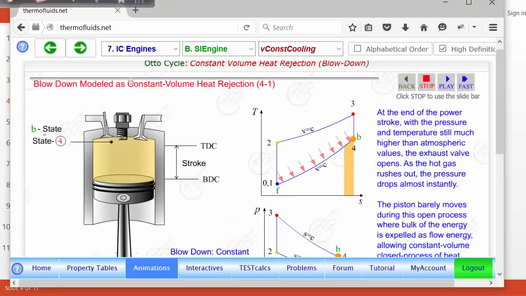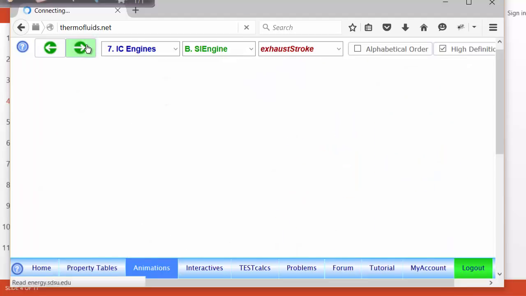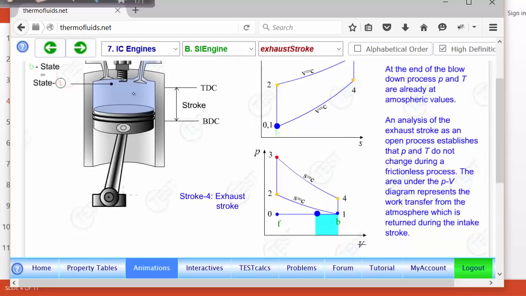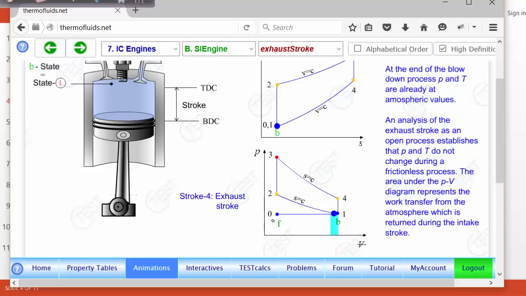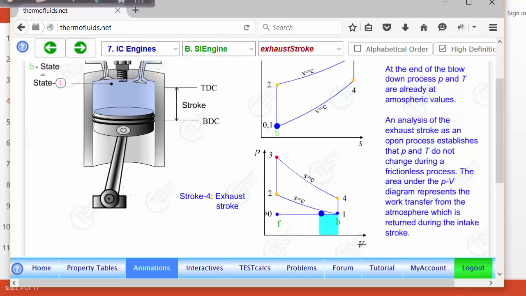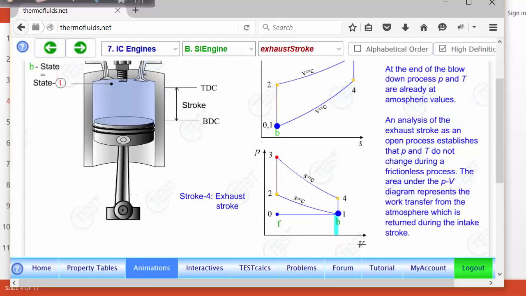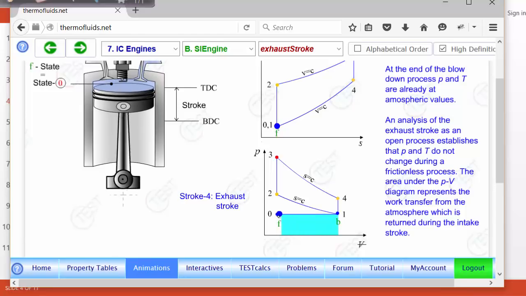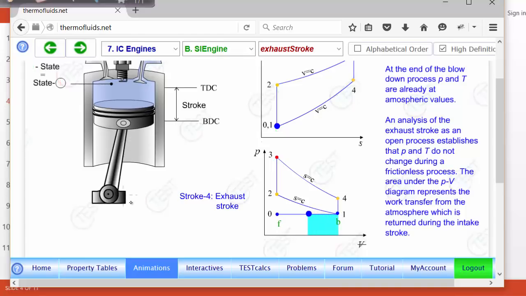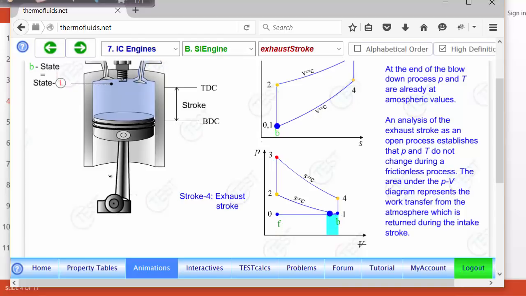Okay, so now look that with this simplification of constant volume cooling, the exhaust stroke is totally eliminated. What happens in the exhaust stroke is really the rest of the hot gas is thrown out, but 0 to 1 and 1 to 0, the intake stroke and exhaust stroke in this idealized cycle, are canceling each other. And really from 0 to 1 and finally from 1 to 0, the system is really open at that time. Of course, there is work done, but the work done from 0 to 1 and 1 to 0 cancels out. So this part of the cycle is totally neglected